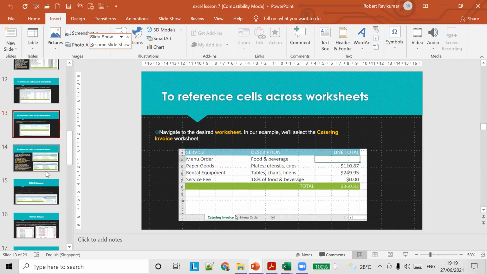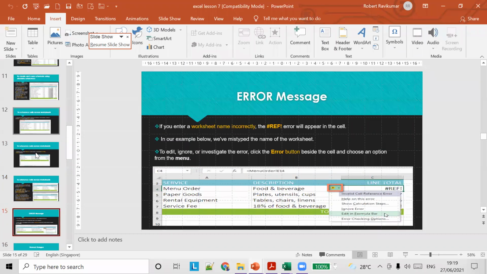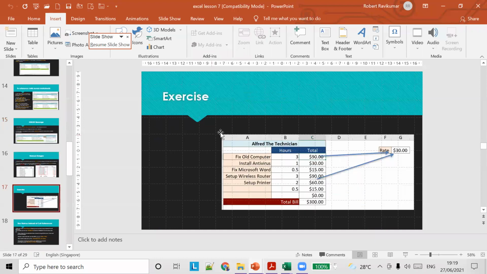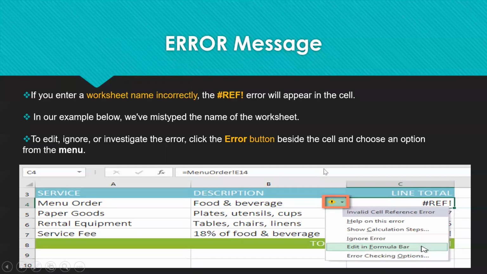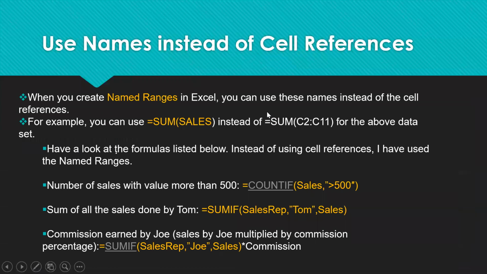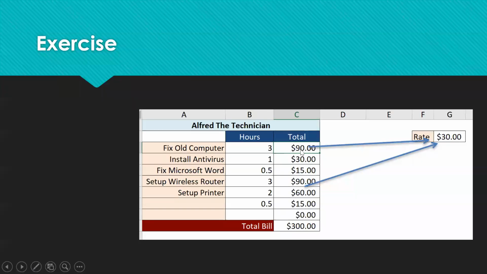Where is the exercise? Okay, I got it. You guys do this exercise. I'll give you 15 minutes. Okay, so it's now 7:20. I'll give you another 10 minutes. You can try to do this example.